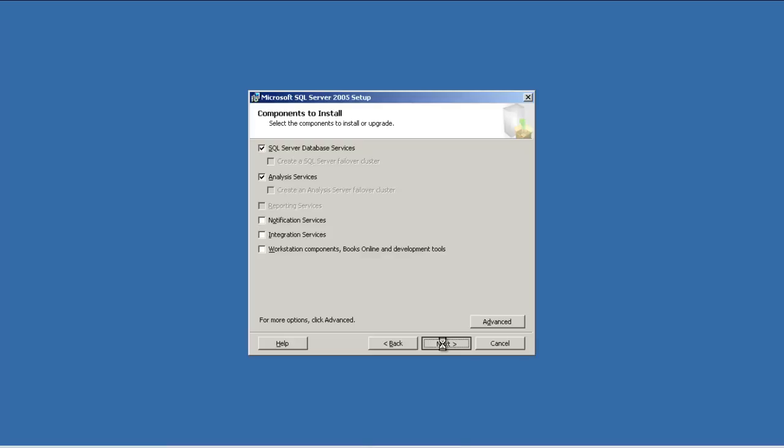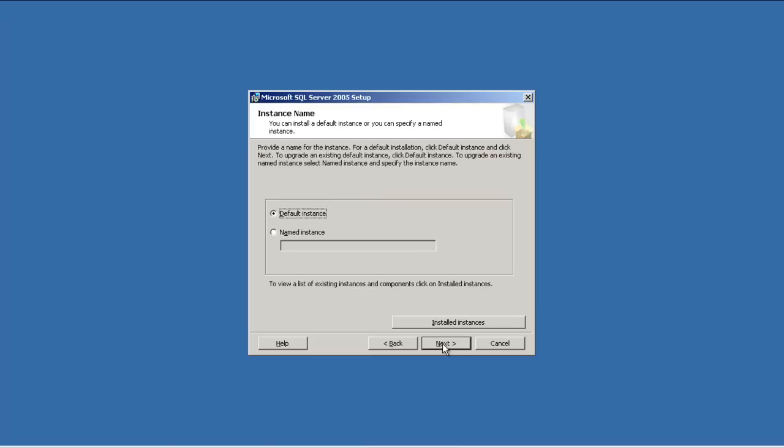Anyway, we would be requiring only SQL Server database services because we want to create a second instance. Now again it is asking default instance or named instance. This time I'm going to give a named instance again. Usually the first time you create an instance, you should always choose a default instance. See, it gives me the option to view the existing instance and components.